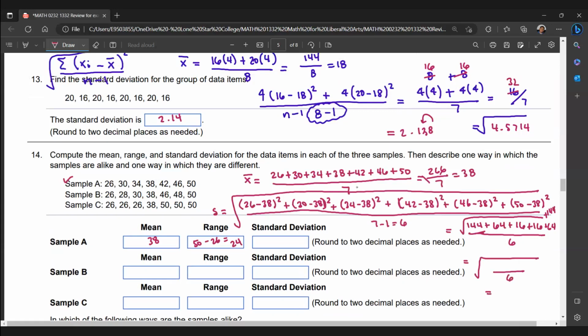So 2 times 144 plus 2 times 64 plus 2 times 16, that will be 448. And then 448 divided by 6, take the square root of that, so we get